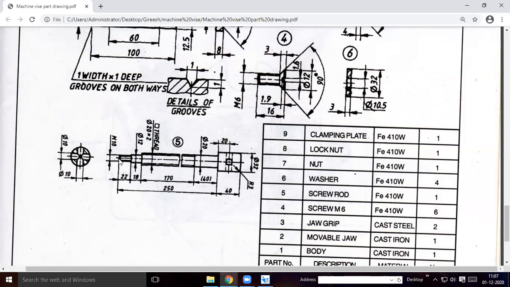See here, I will start from here. This is M10 as they have given. So from here you have to take 5 mm. Then this will be 22 mm.